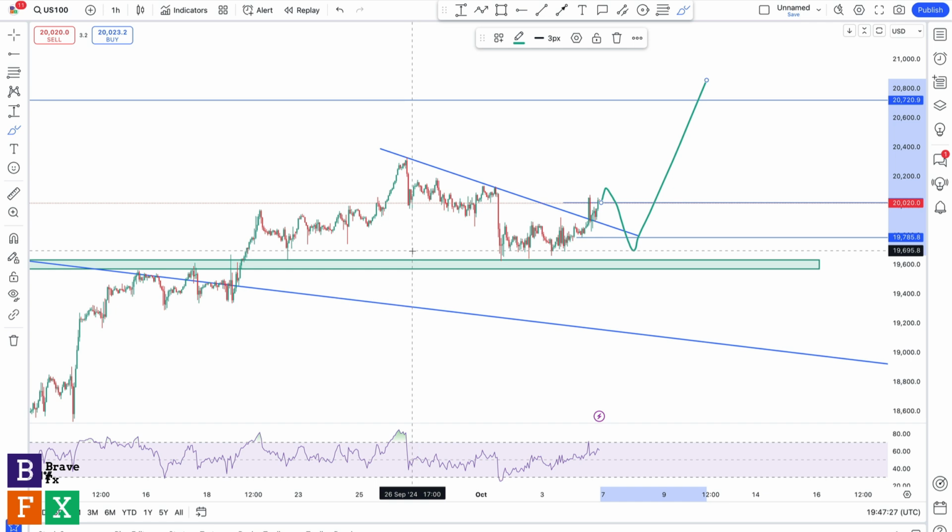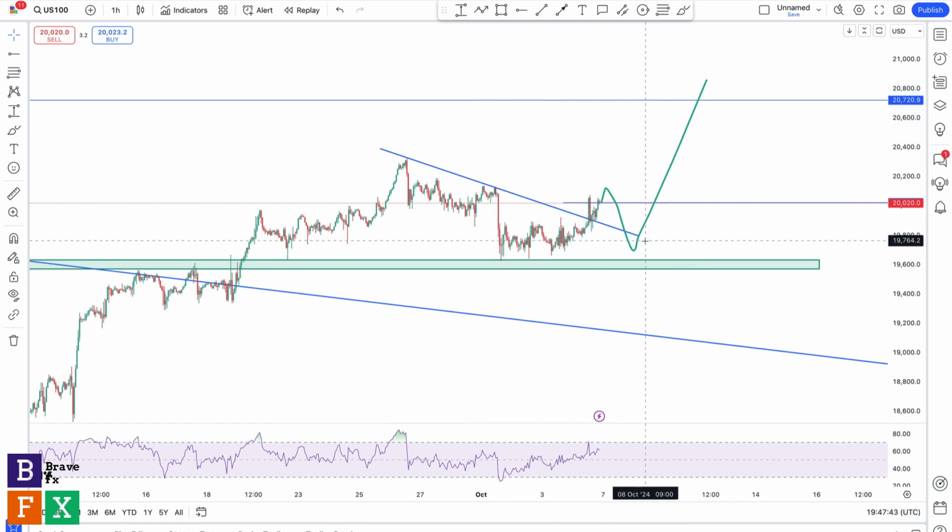So don't take my word for it. Stick with your strategy, do your own homework, stick with your risk management strategies, and go in when your strategy and your analysis gives you that confirmation to go in, right? But for me, I'm already on this trade, and I'm going to be holding my trades till we get to all-time highs,